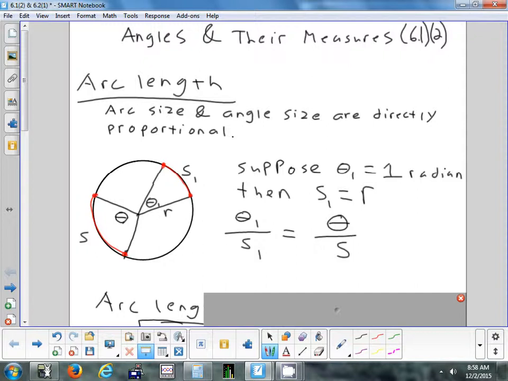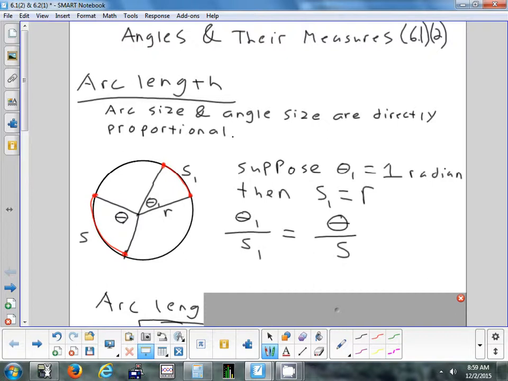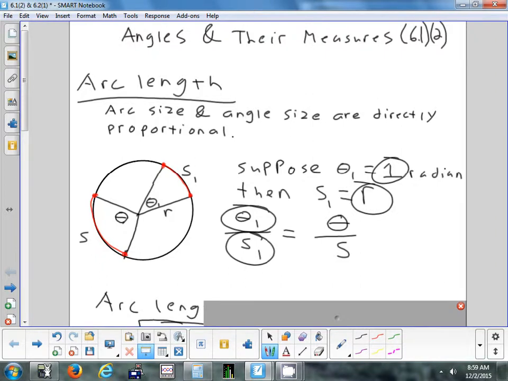Just like when we do feet and inches. Feet on top, inches on bottom. Set it up the same way. And now fill in theta 1. We'll plug in 1 and fill in S1. We'll fill in R. So that's going to give me 1 over R